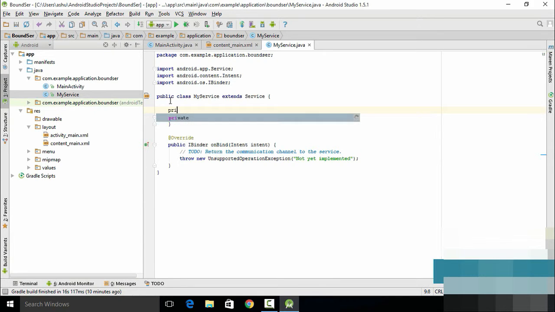So we type private final IBinder, and let's name this IBinder as myBinder equals new, let's say MyLocalBinder. And MyLocalBinder is going to be a method which we have not yet created, and this B